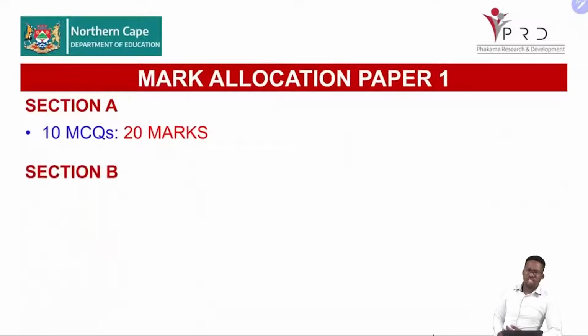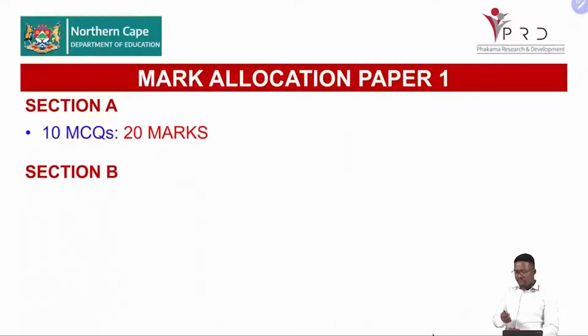Then from question 2, we are going to have Newton's laws. Question 3, vertical projectile motion. Question 4, momentum. Question 5, work, energy and power. Question 6, Doppler effect. Question 7, electrostatics. Question 8, electric circuits. Question 9, electrodynamics. Question 10, photoelectric effect. So all of these questions from question 2 to question 10, we say these are structured